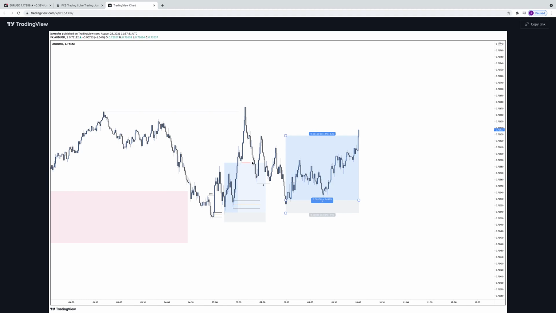We can see once I got tagged out, price ranged around a little bit, and we actually formed equal lows from this area here, and we have this area which hasn't been actually mitigated, and we also had imbalance left to fill. And this is definitely a liquidity entry, because we've swept liquidity from these lows. We tapped in, and I did use a 2 pip stop loss in this